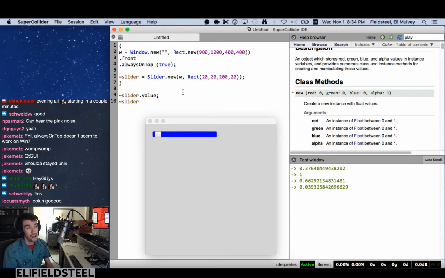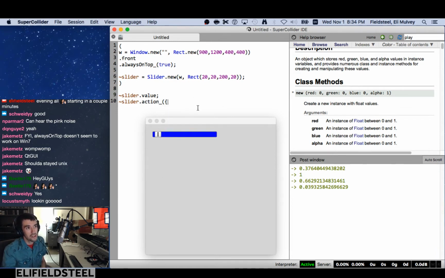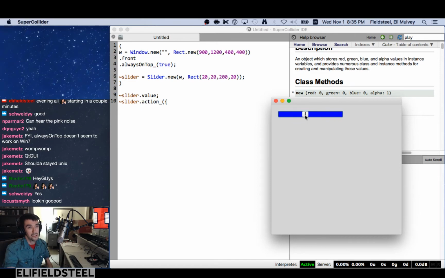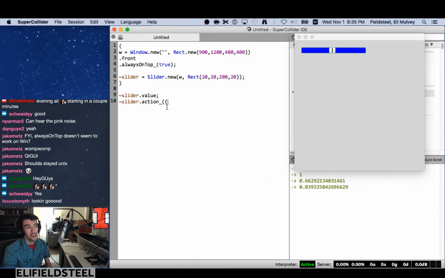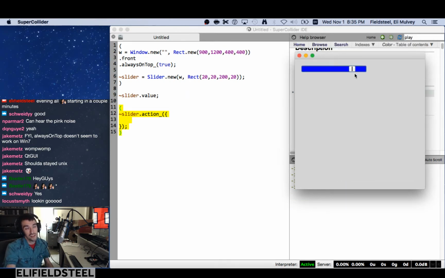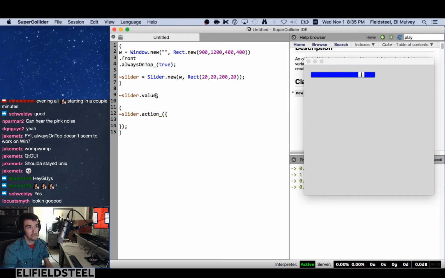Views also have an action. And this is probably the most important one. This is how we get GUI objects to do stuff. As you can see, the slider doesn't do anything right now. It's just wiggling back and forth and not controlling anything. The way we get it to do stuff is by setting its action attribute equal to a function, which contains valid code that is evaluated whenever the slider's action needs to be taken. This means if you touch the slider or move the slider, or if you simply call the appropriate method on it, which causes it to evaluate its action,